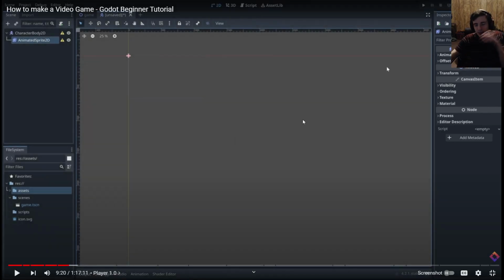Yeah, I mean, he doesn't go over basic controls, but thankfully they're the same as Unity. So, not a big deal, not a big deal. I'm literally picking cat hair off of my fudging